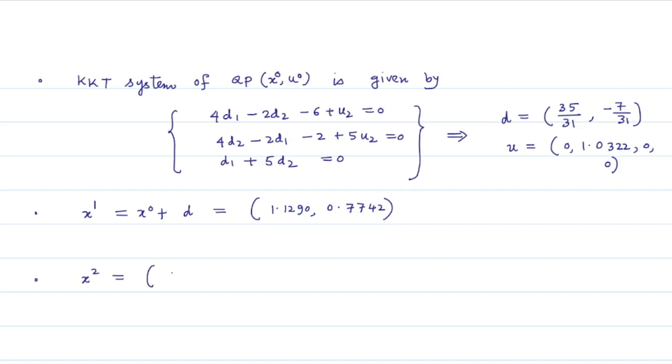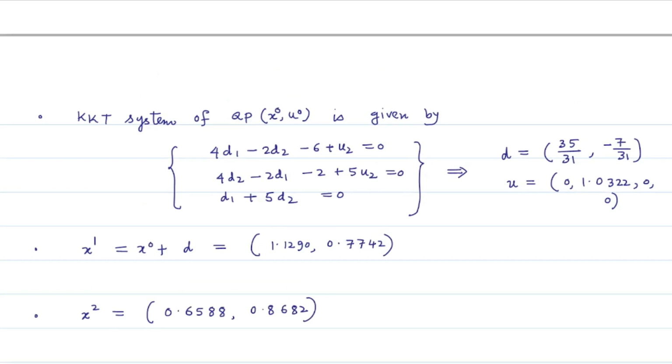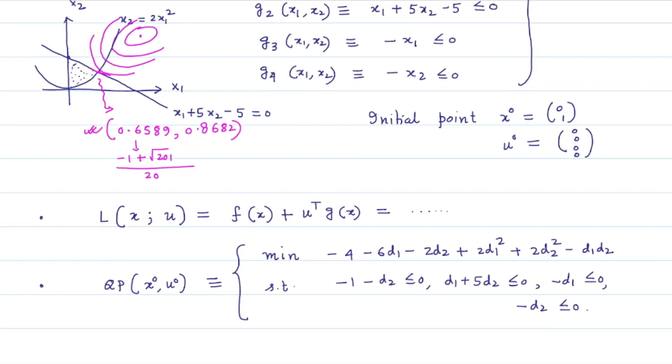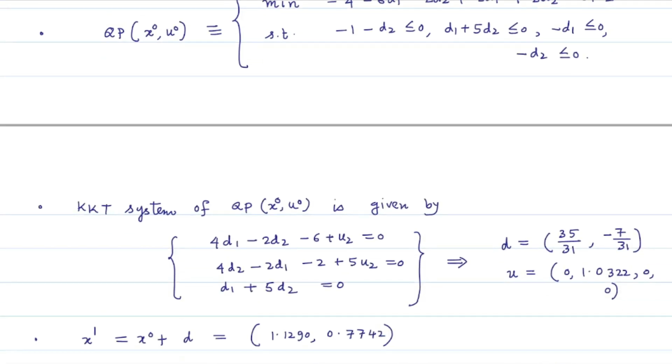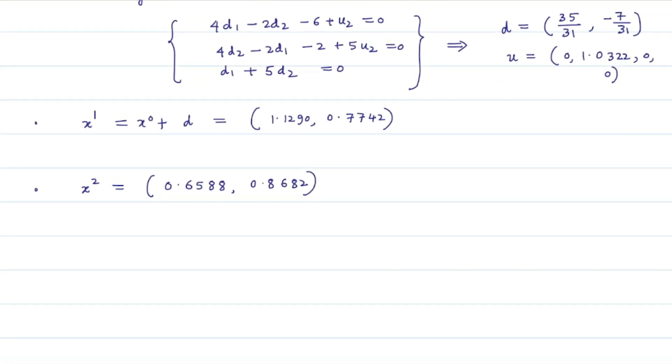You will find that x2 is given by 0.6588 and 0.8682, and notice that this point x2 is your optimum solution, and hence by sequential quadratic programming approach we are able to solve this particular problem. Fine. Now I will end this lecture by giving a home task, and from that home task we have